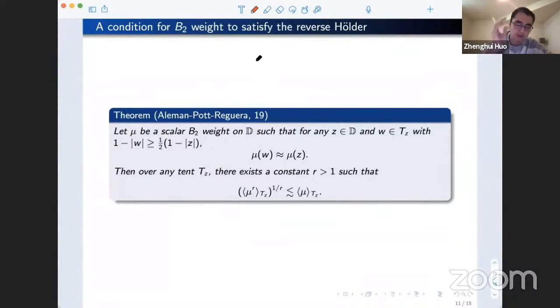And the result by Aleman, Pott, and Reguera in 2019 basically says that as long as you make sure that, when you are considering the top half of each Carleson tent, the values of the B2 weight are about the same on the top half, then still this B2 weight would satisfy the reverse Hölder inequality. So by saying that on the top half, the B2 weight behaves the same, it kind of just rules out the possibility that you're going to have a blow up point in the interior in this case. Okay, and inspired by their results,